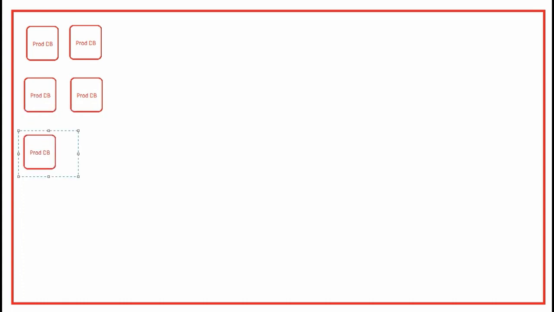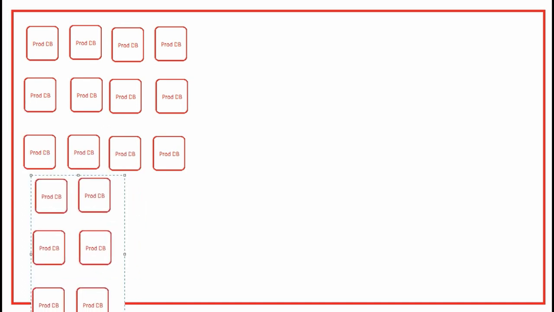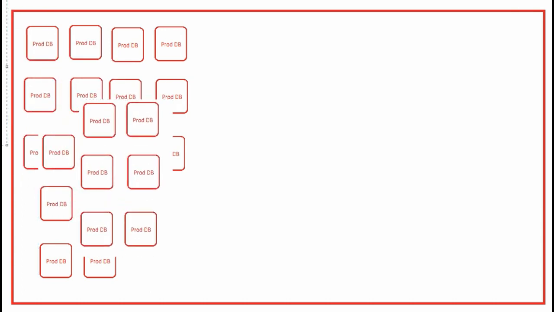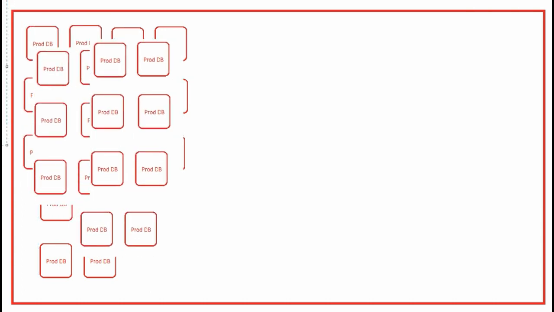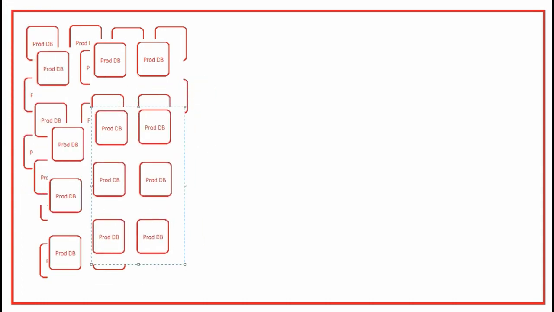I have a few more in another part of the town, and so on. I have hundreds and hundreds of stores, so many that it does not even fit into my diagram. I have a lot of stores, a lot of databases, and there's no count to it. Each store has a particular database,